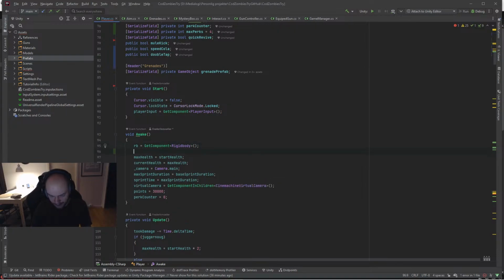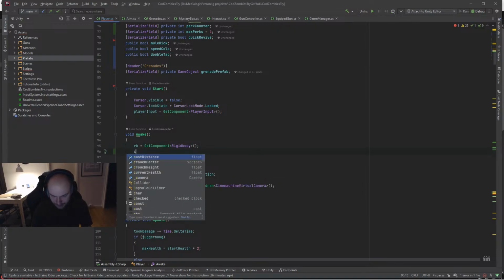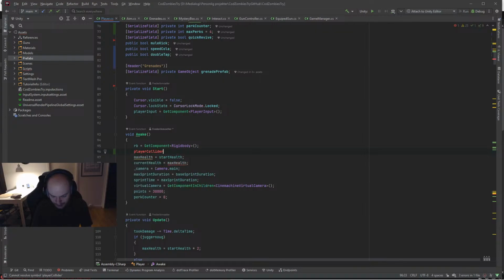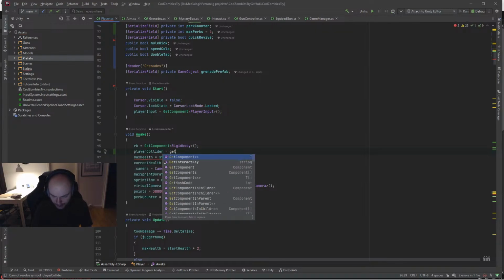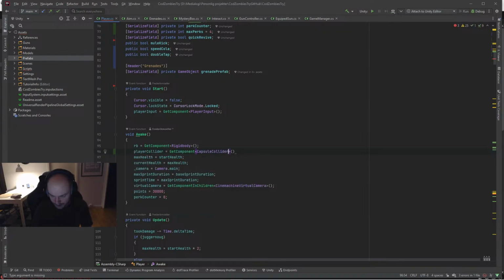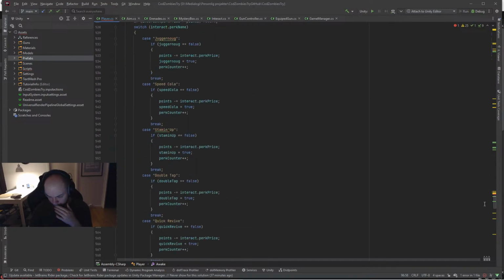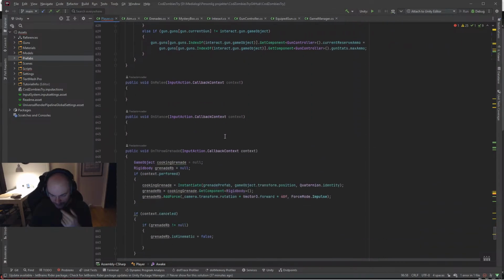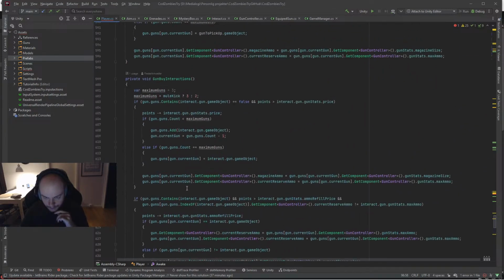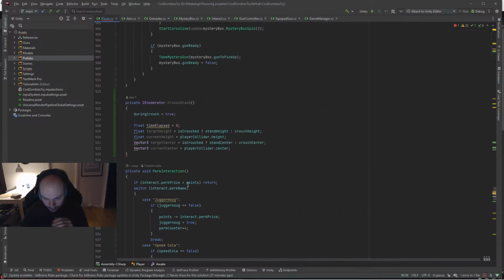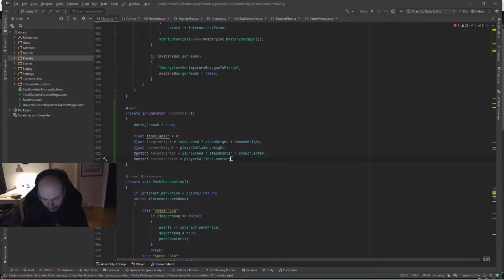So in the awake, yeah, I do that as well there. So player collider is equal to get components capsule collider. Yeah. And then I can do the same thing as he does here. Cool. That should be crouching, I guess. So now